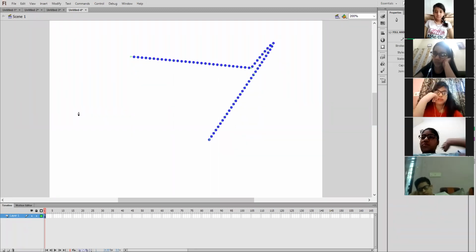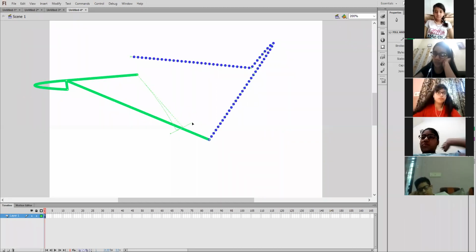Now see, I'm defining the first, the line has been drawn. You can draw the curve by pressing the Alt key from the keyboard and dragging the pen from any of the two anchors or any of the 2 points. Clear? You can use either the first point or the first anchor where you have defined, or you can use the other anchor also in order to draw the curves.